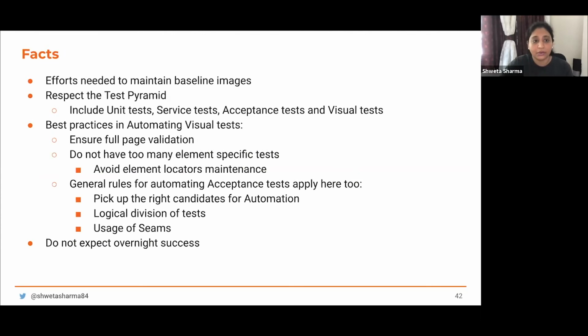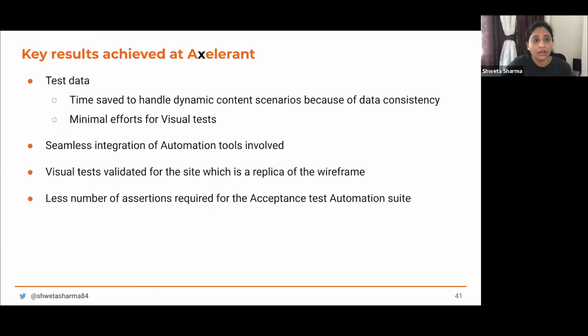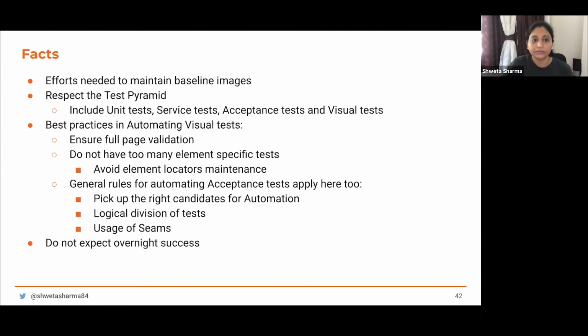I'll give you an example quickly. We just saw previously the contact us form. I did not have a single functional assertion in that test. All I did was capture a screenshot after filling the form and after submitting the form. Now, imagine if you would have needed to write the functional assertions there as well, right? It would have been time consuming. So we have saved considerable time there by focusing only on meaningful acceptance assertions.